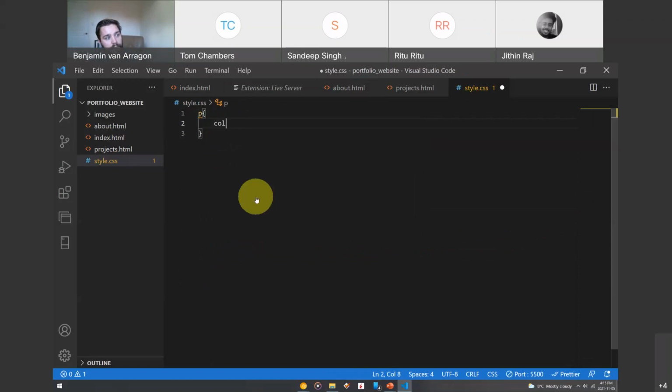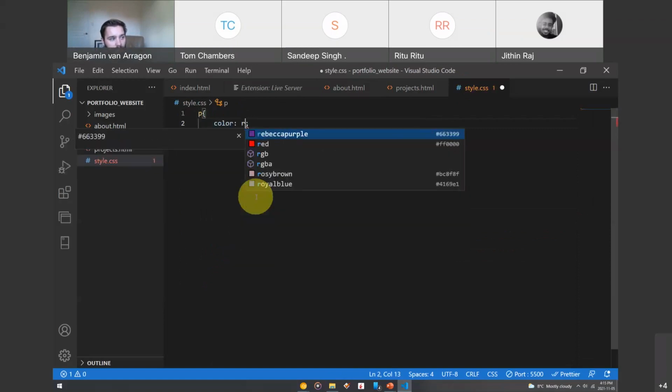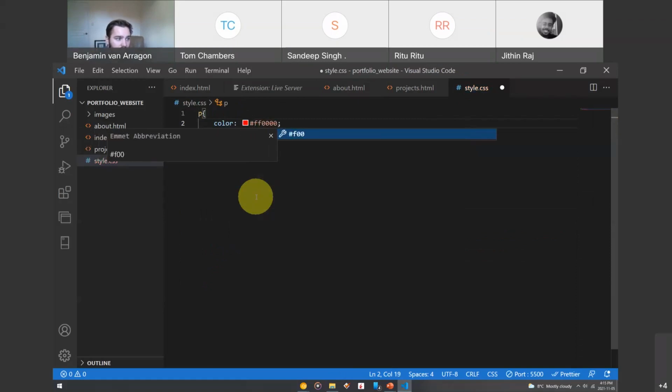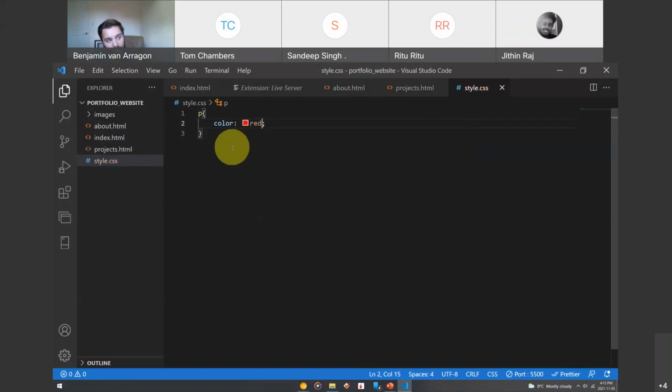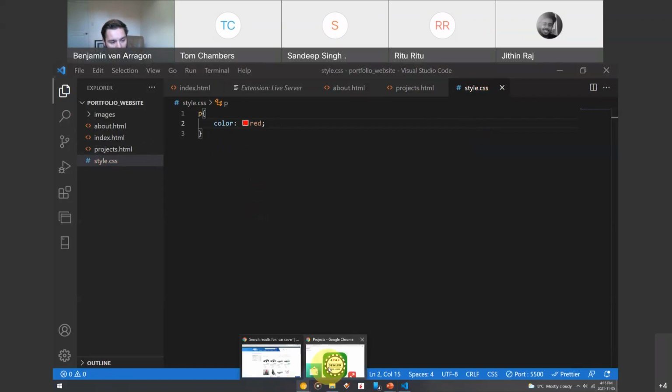So if I wanted to make everything that was a paragraph the color red, or if I wanted to use the hex value, I could use the hex value, right? Then we could do that. You can also type some basic colors. If we wanted to do red, okay? This is not going to affect only one paragraph on one of the pages. It'll affect a paragraph on every single page. So let me just show you here. And here, if we refresh this,